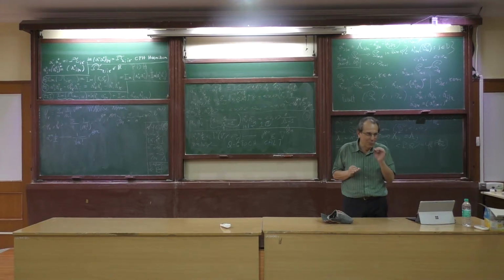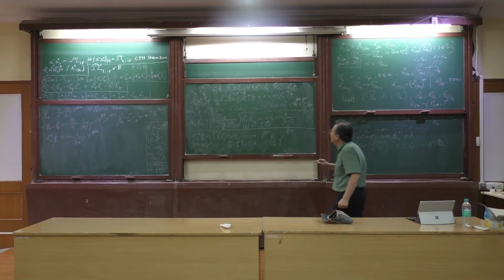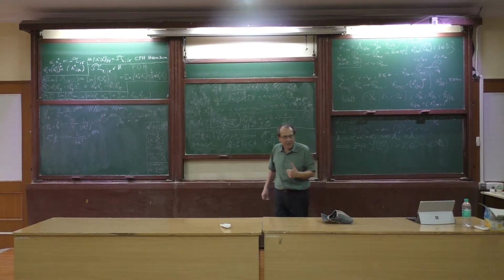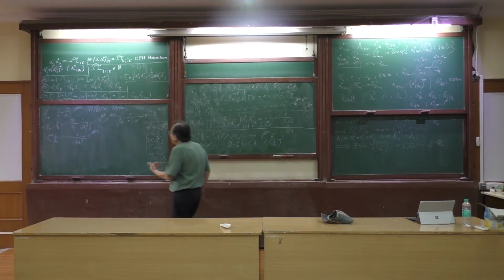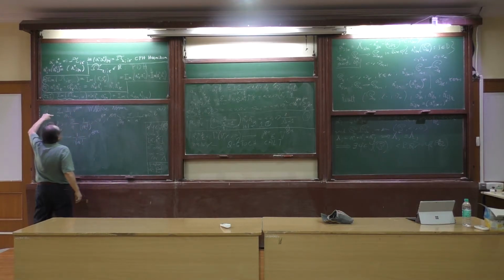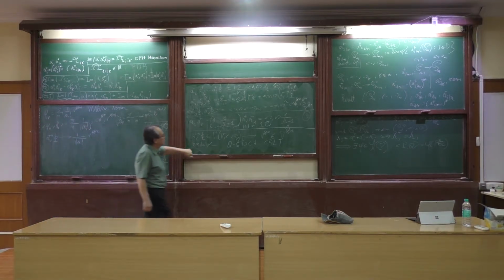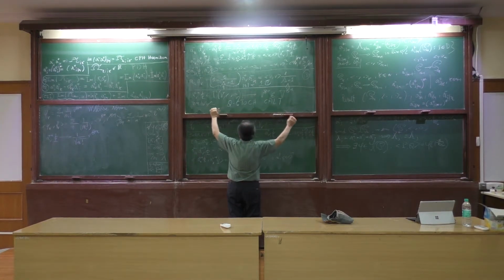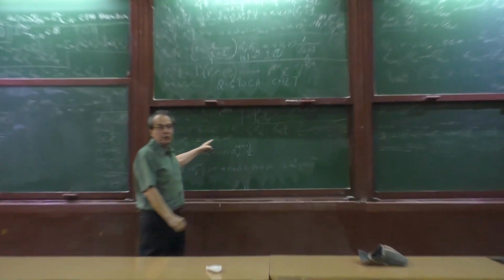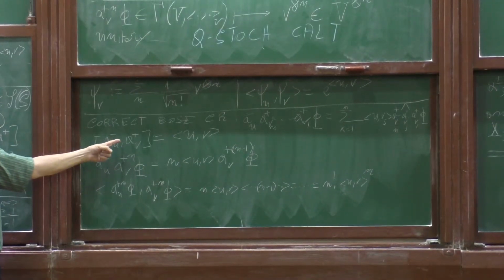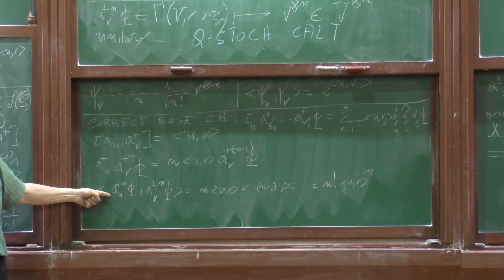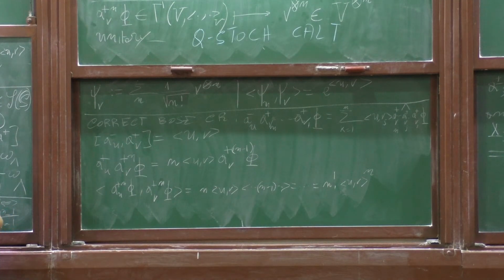So I think a small control should be done if the correct commutation relations, which are this one, and which give not this isomorphism, but this isomorphism, are compatible with